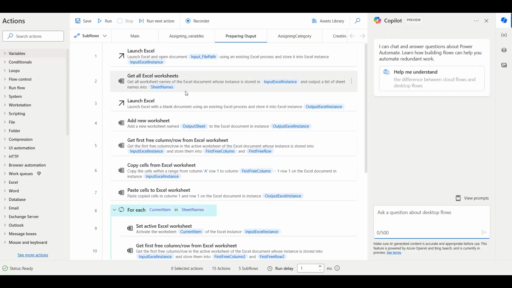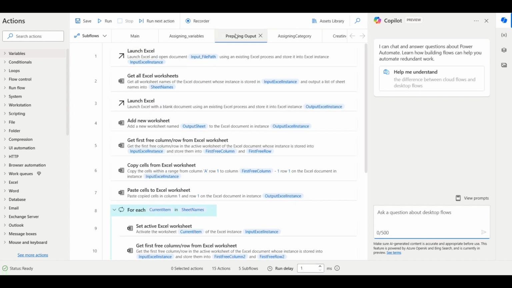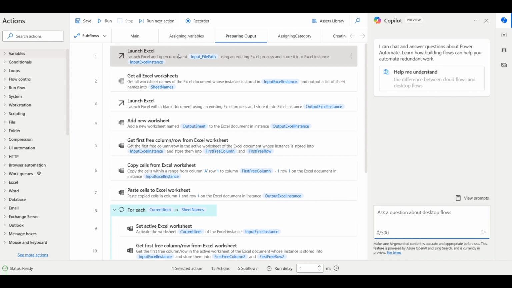So let this flow be open. This is the flow which we made in the previous video. In Power Automate, exceptions can be handled in two ways. One is for a group of actions, so for these whole actions we can handle exceptions with a single block exception handling. And second, for each stage we have exception handling. Let's say we want to handle exceptions for this